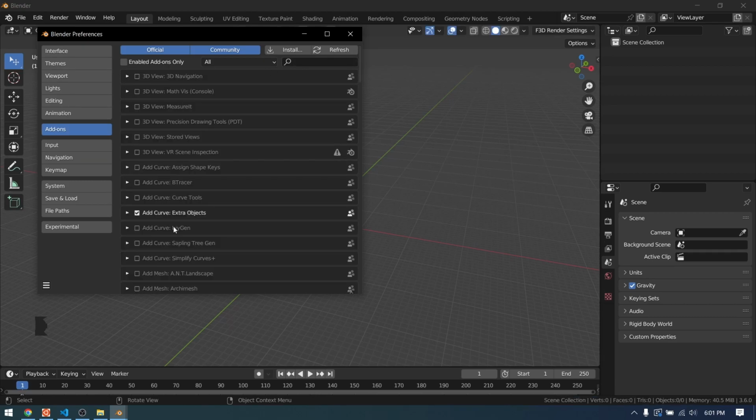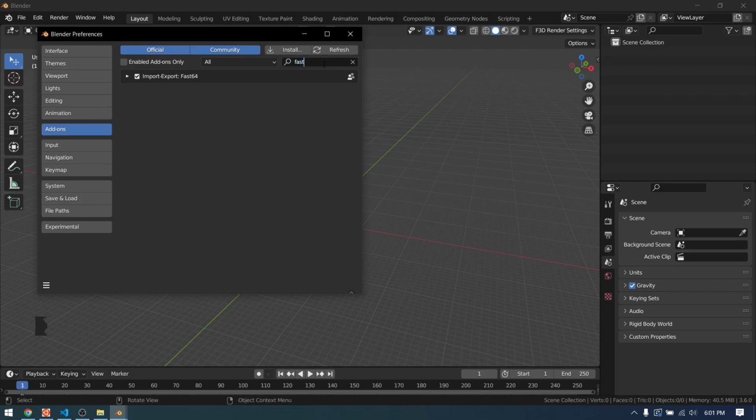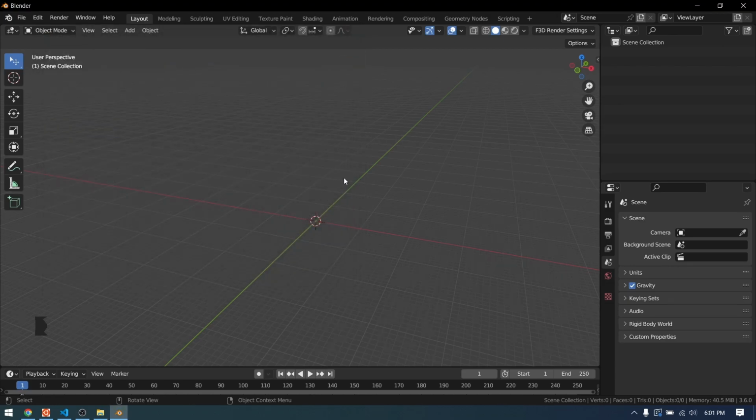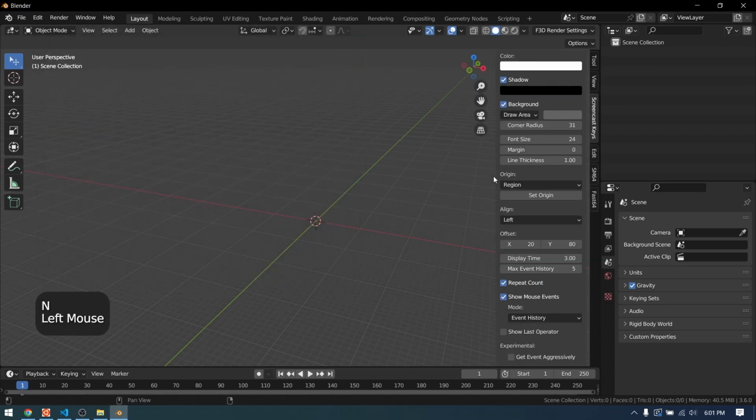Enable. Oops, I've got this filtered. Yes, if you don't see it in there, you can use this filter. Just type fast, and you'll see it. There we go. Now that is installed, there are a couple things that we need to do to set up